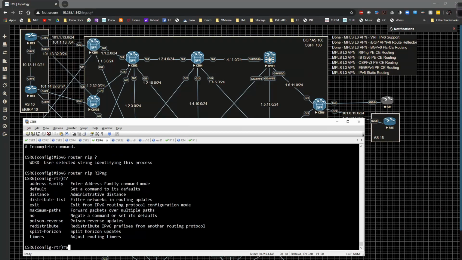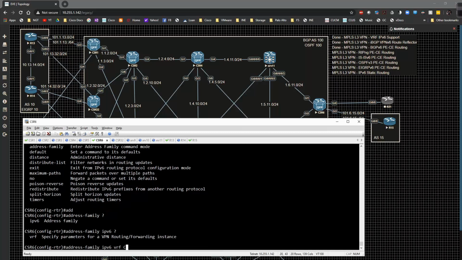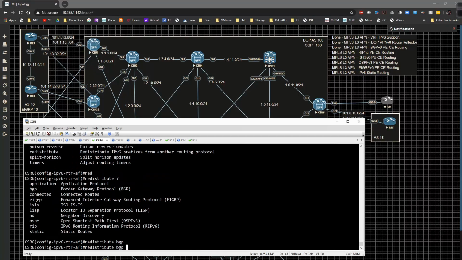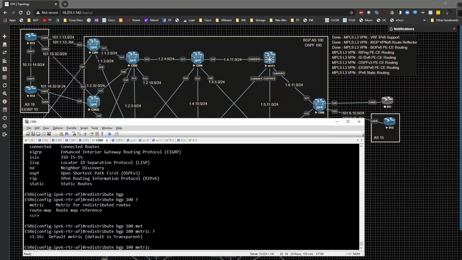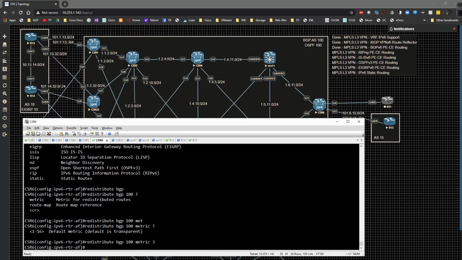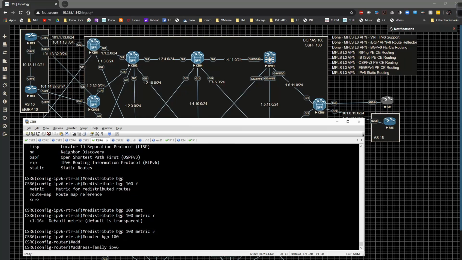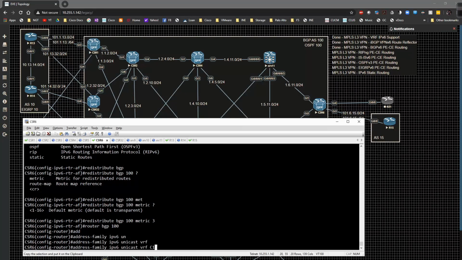And I have to specify the address family of IPv6, and the VRF is going to be C1. And underneath here, I type in redistribute BGP 100, and then I specify the metric of, in this case, 3. Okay. And then we're going to go to router BGP 100, address family IPv6 unicast VRF C1, and we're going